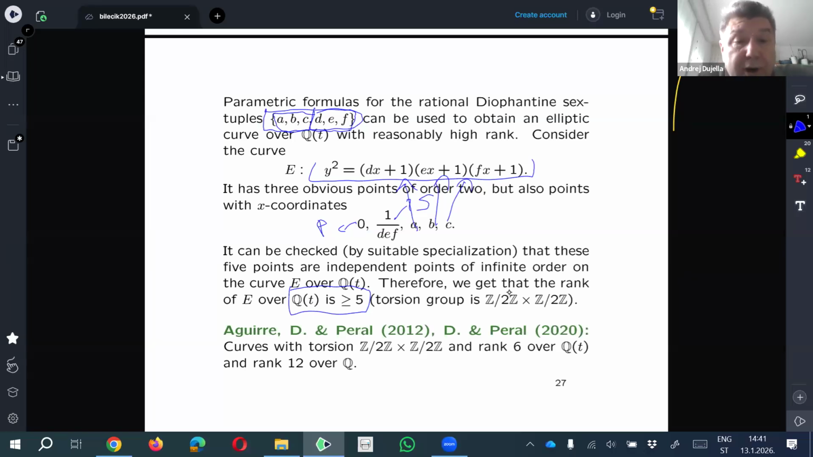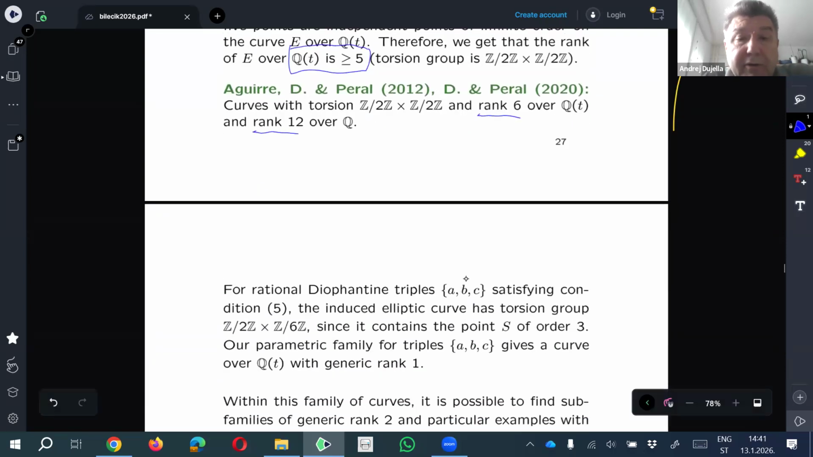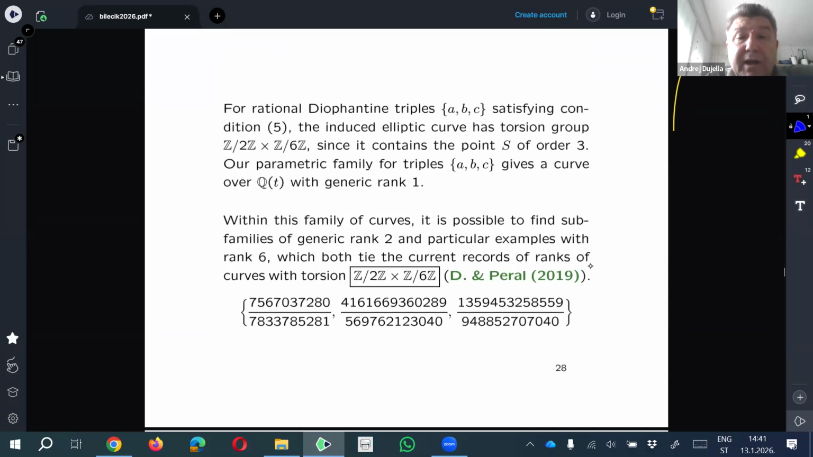but in work with Julian Aguirre and Juan Carlos Peral, we were able to improve this 5 to 6 and also to find specific curves with quite larger rank, namely rank 12 over Q. I will say something about methods near the end, but let me now choose the first triple,